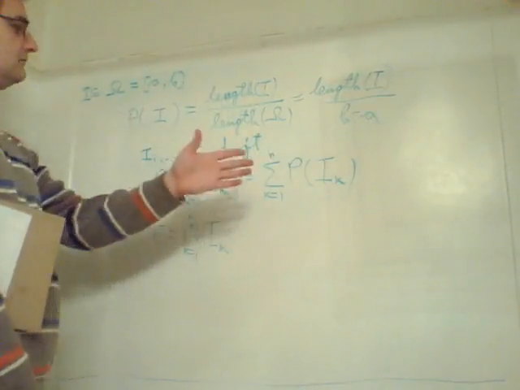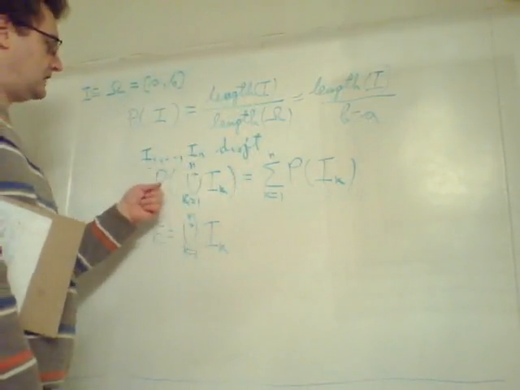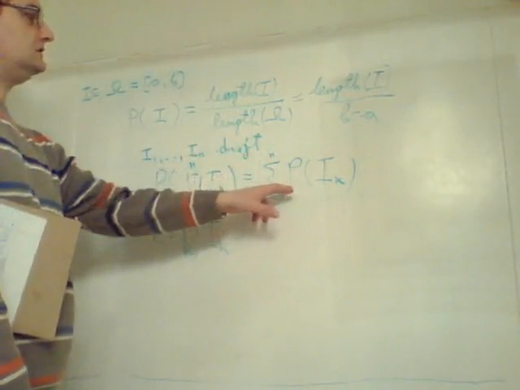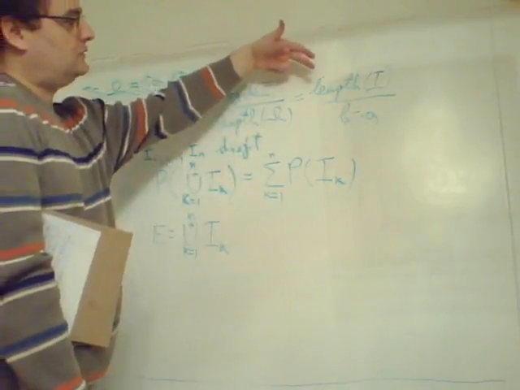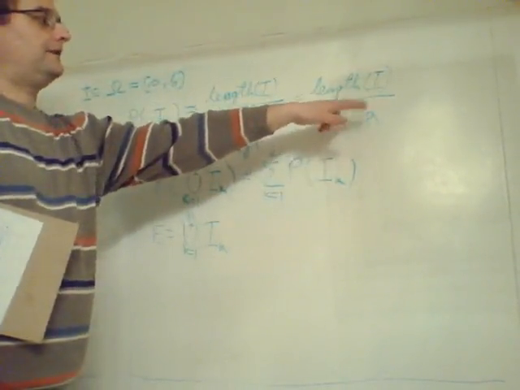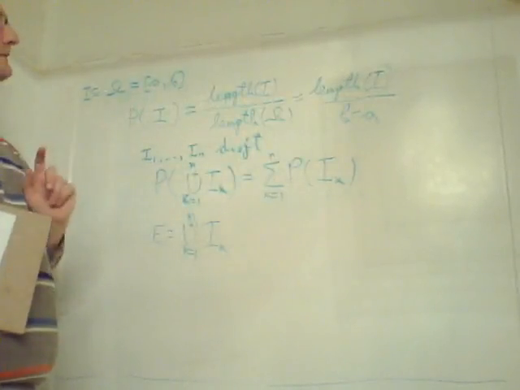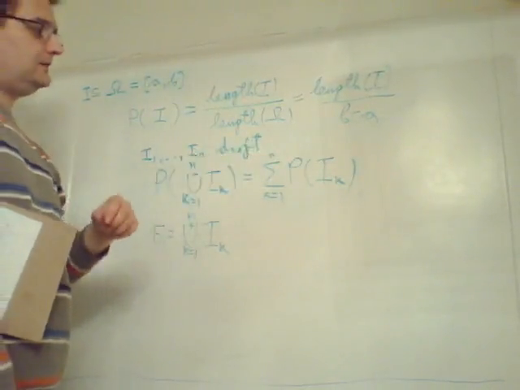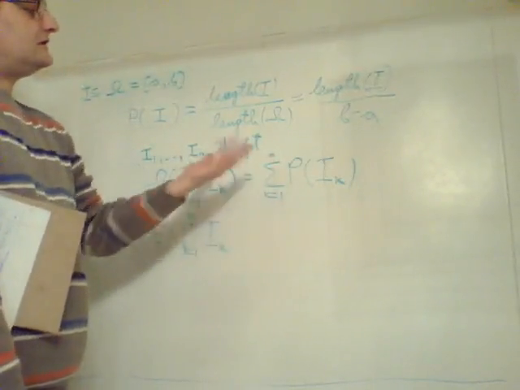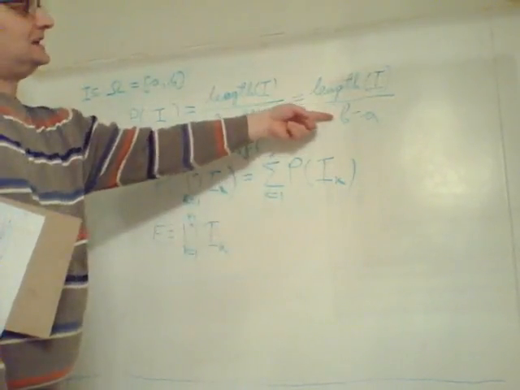But each time you are computing probability, what you are actually doing is computing the length of the intervals divided by the length of omega. So probability P, when you deal with uniform distribution, you can think of it just as a scaling